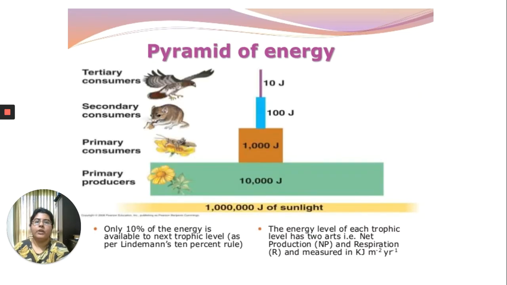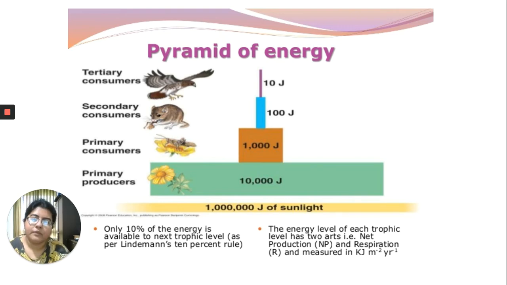This is a diagram showing what happens to the energy in each trophic level in a pyramid of energy. So let's say there is about 10 lakh joules of sunlight entering the Earth's atmosphere. Only 10,000 of those joules of energy the plant could capture. The rest of it is either reflected back to the atmosphere or absorbed by other gases in the air. So now plants used only 10% of it.